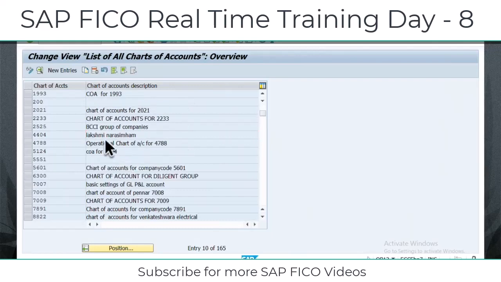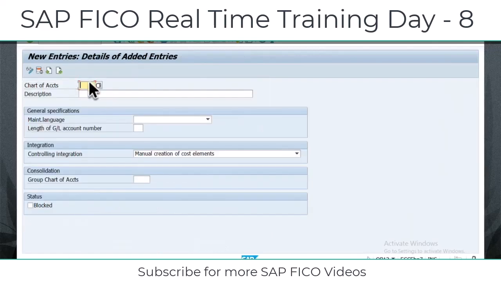The same place where you created an operational chart of accounts, right? The way you created your operational chart of accounts, the same way you create it. Any 4-digit code, like FTCA. FT means Future Group, CA means chart of accounts, or you can enter anything, for example ZZ00. And the description is for what purpose? Group chart of accounts